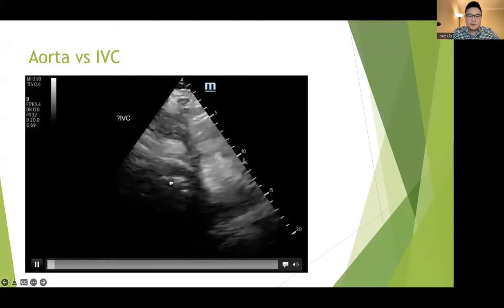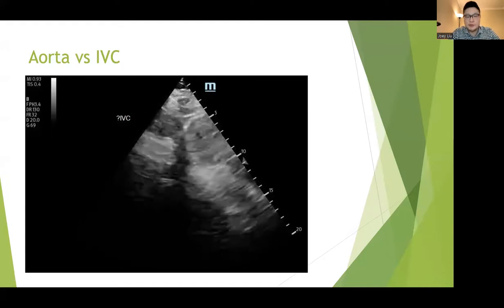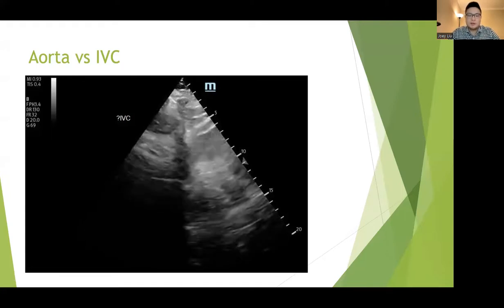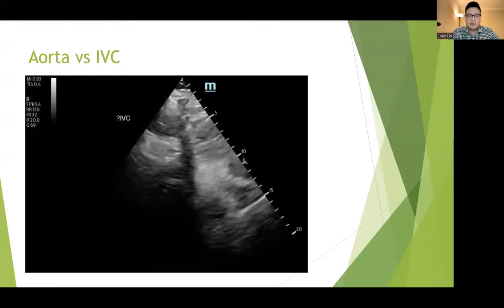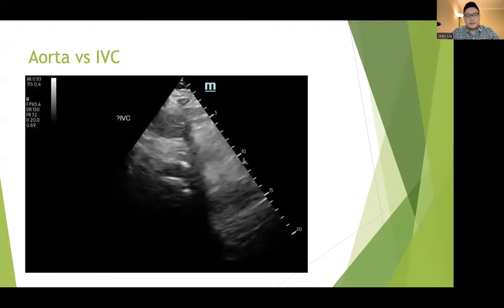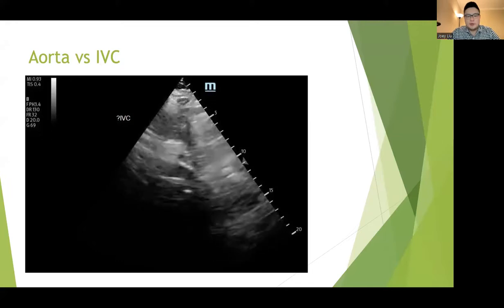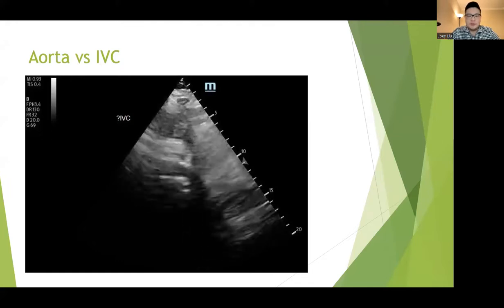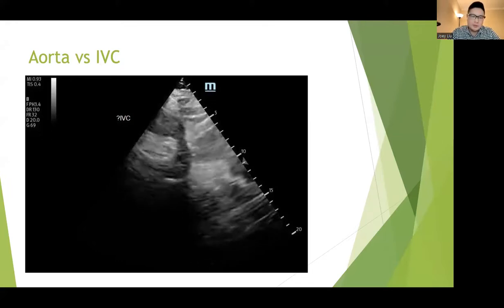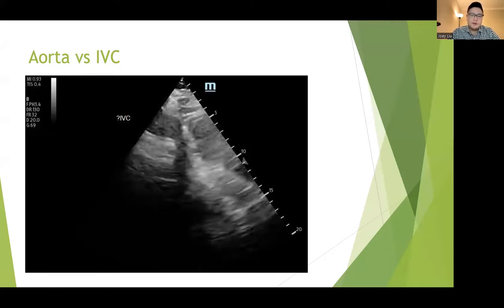It's not really varying with inspiration and expiration. It's just there, maintaining a decent diameter. Although the aorta is supposed to be a little bit more, you can see some pulsatility through it too. I can't really call that as well, but the bottom line with this clip is